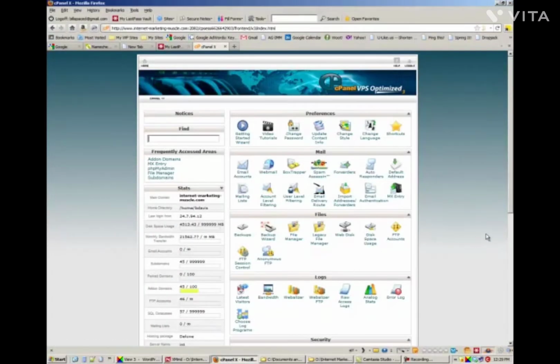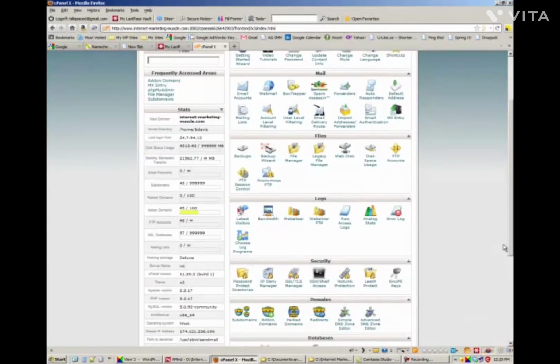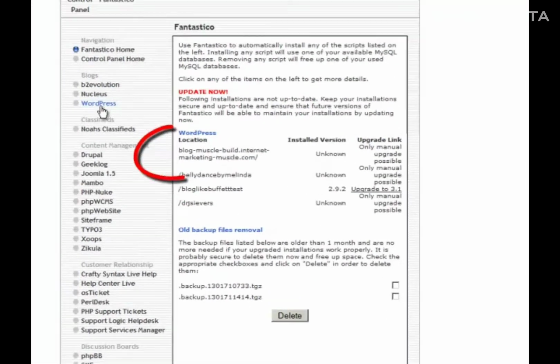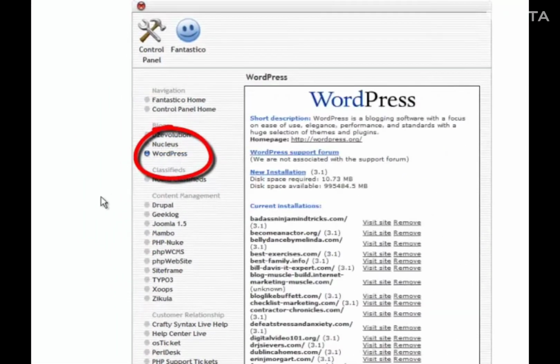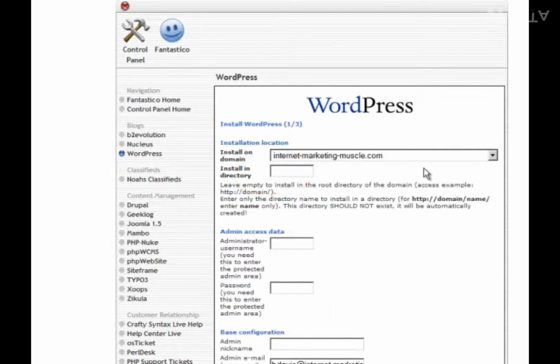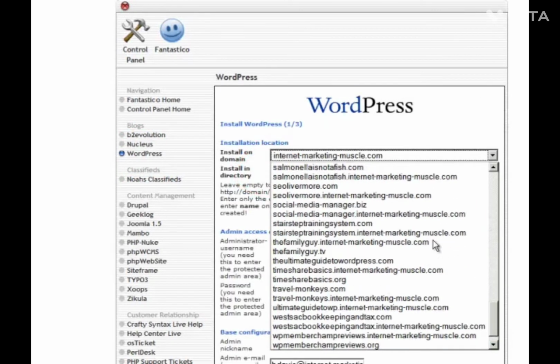So if you log into your cPanel and scroll down to Fantastico Deluxe, and then click on WordPress, and then click on New Installation, and then choose your domain,